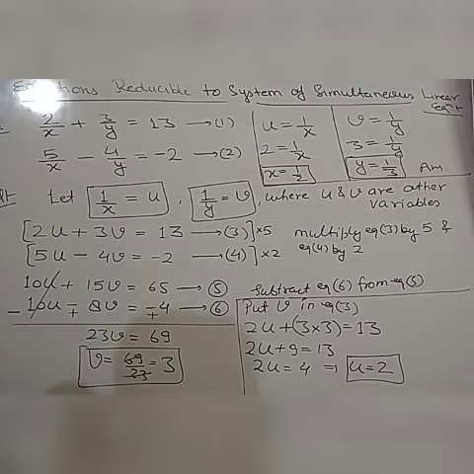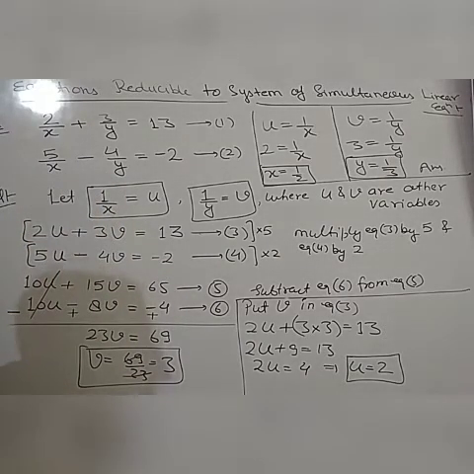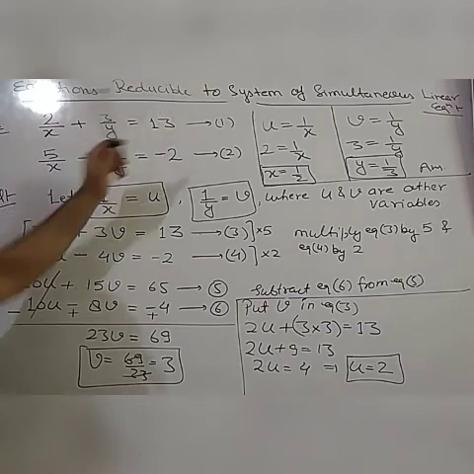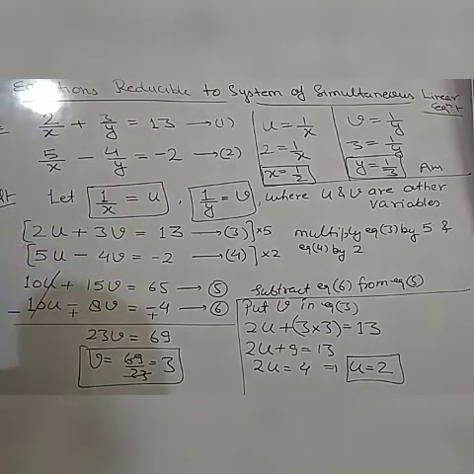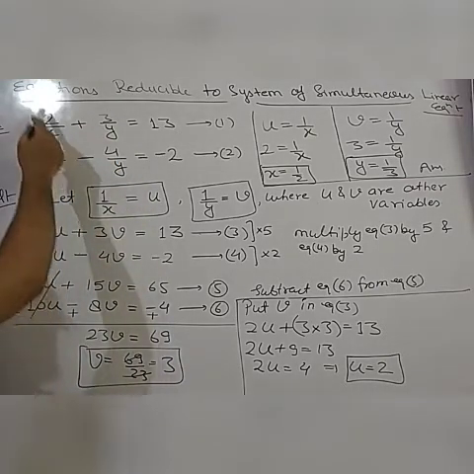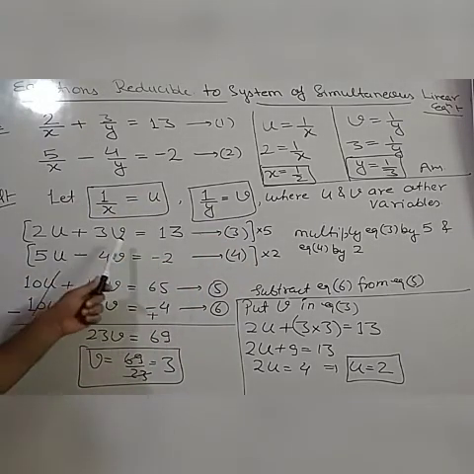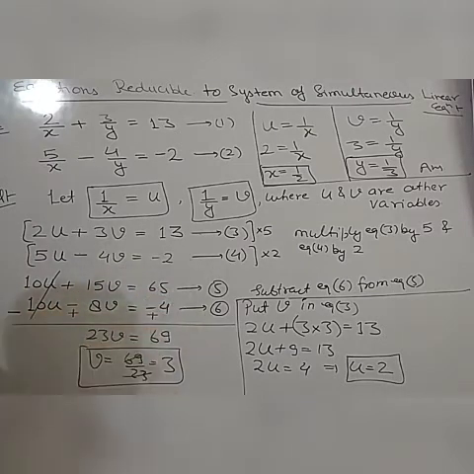So these are some important type of questions. Whenever the question is not given in the general form of linear equation, then first you have to reduce that particular equation into the general form of linear equation. And for that, if it is in the form of 1 upon x, 1 upon y, there may be 2 by 2x or 3 by 2y, something like that, then also you will take 1 upon x is equal to u and 1 upon y is equal to v, and the equation will be converted in this form. The variables will be u and v, which is the general form of linear equation. And whenever you get the general form, then you can solve it by equating the coefficient very easily. Okay. So now let us proceed with the next question.